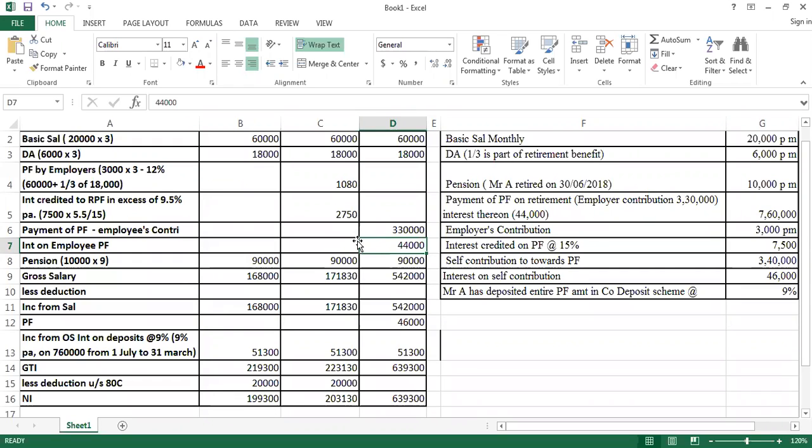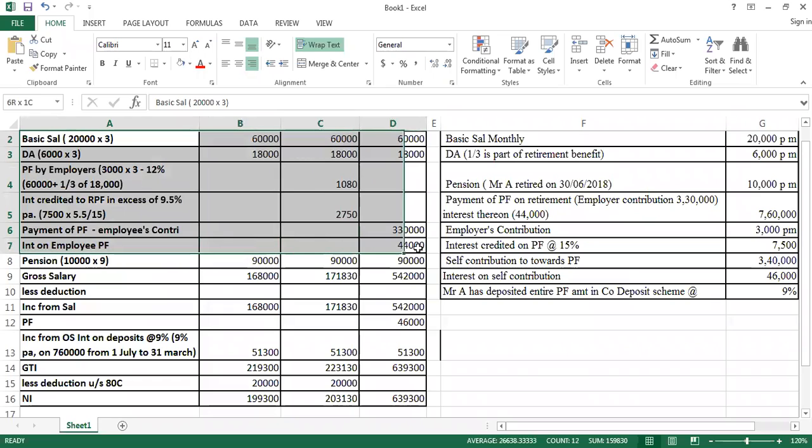Are you able to understand this? Yes, sir. So if it is the employee contribution, then that is exempted from tax. Yes, employee contribution is exempted. Employer contribution as far as unrecognized provident fund is concerned is going to be taxable. Clear? So we are done with these parts. If you have any doubts in this, please let me know quickly.